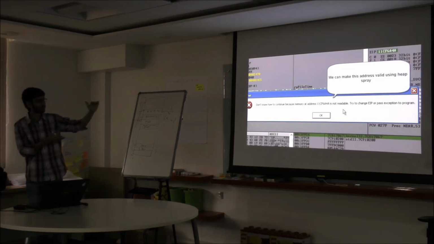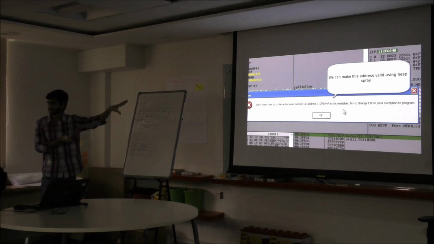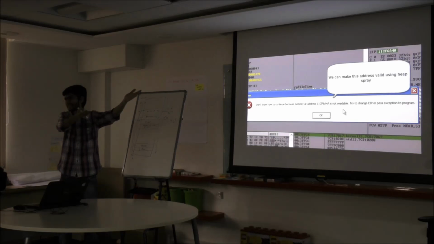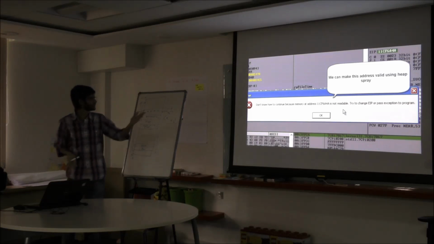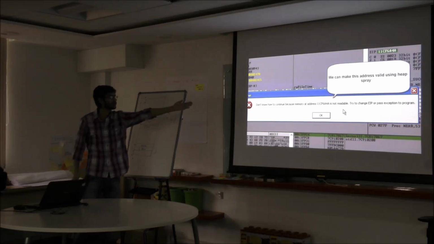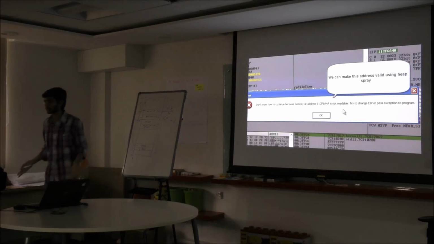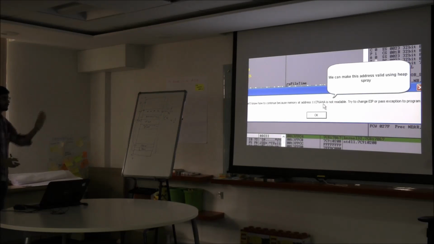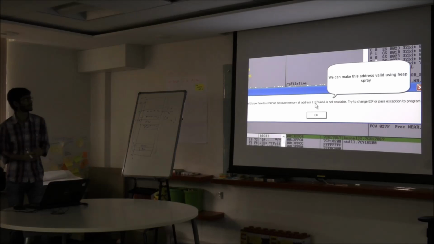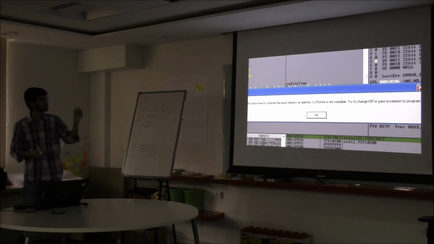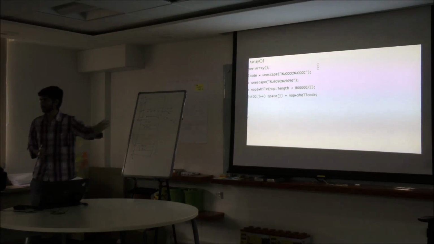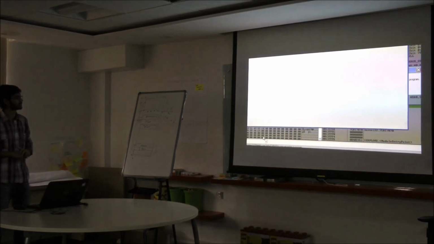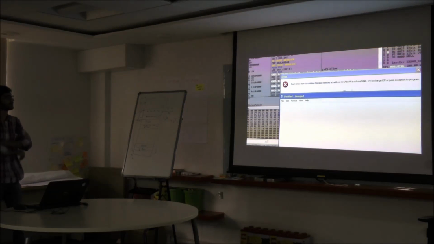So it means that if I can make this address valid, I am already overwriting my EIP with this address. If this address is valid, then it will start executing at that address. It's generating an exception only because the memory at this address is not readable or not available, because it's an invalid address. So we will note down this address and spray again, and then we will see whether the address is available at that time or not. I will note this down in Notepad.